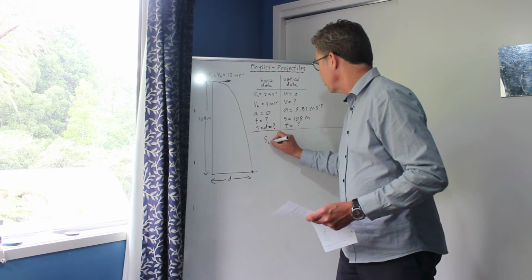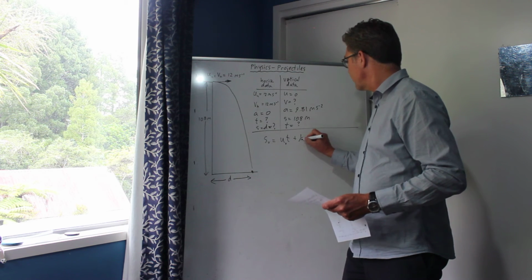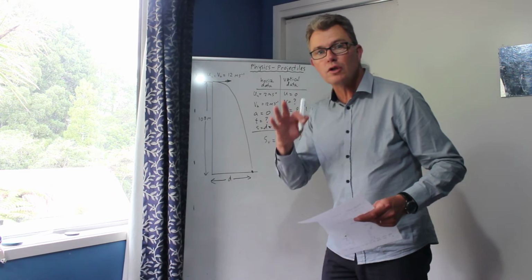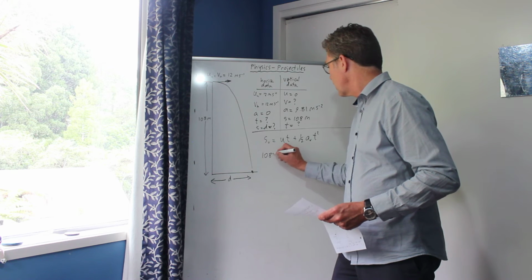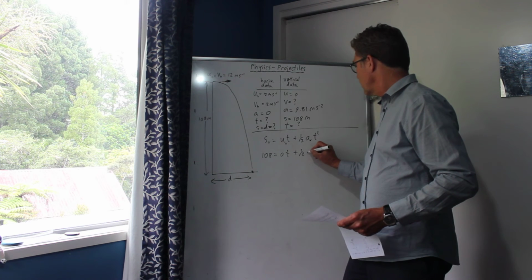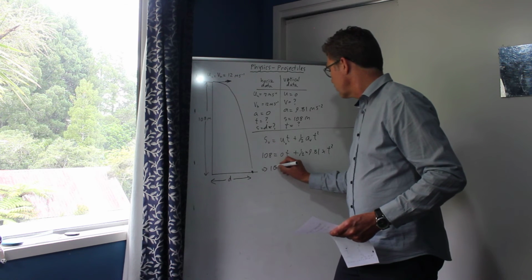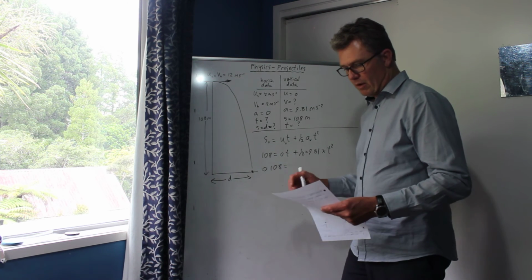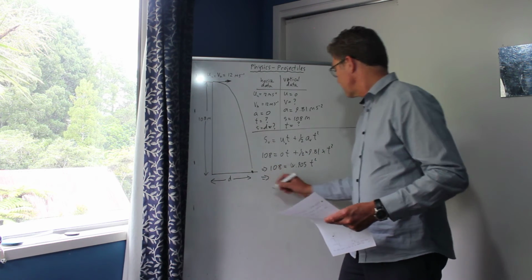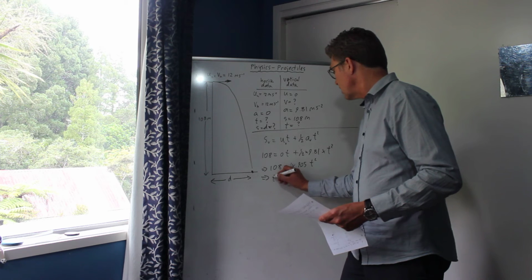So what we can do is say, hey, this is doable. Let's go S vertical equals U vertical T plus half A T squared. I've put little v's beside all of these to show that it's vertical data, only vertical data. So 108 equals 0 times T, which is just 0, plus half times 9.81 times T squared. Therefore, 108 equals 4.905 T squared. Now you work that out: divide 108 by 4.905, square root the answer, and you get